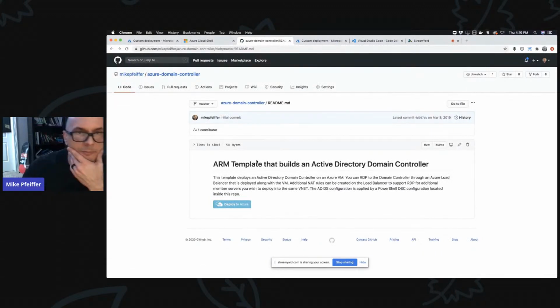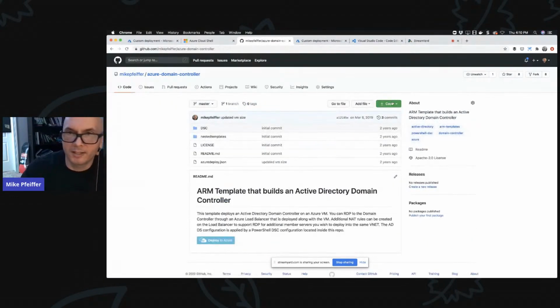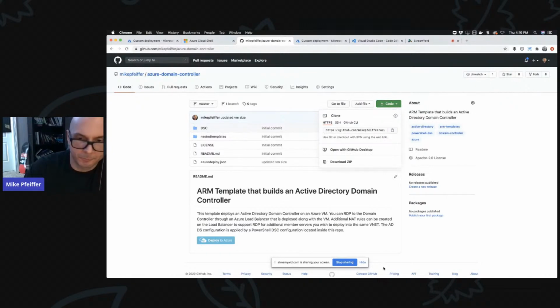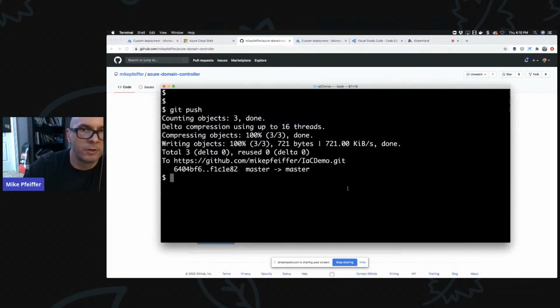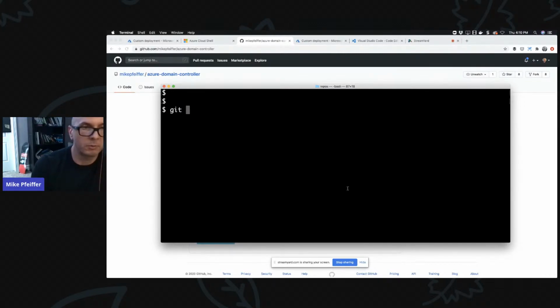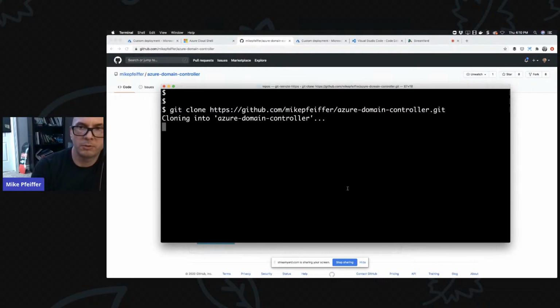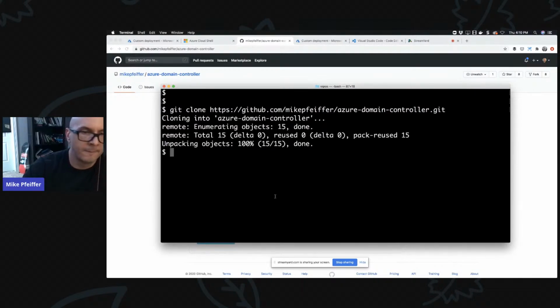So that's kind of the idea. So that's cool, right? Let me clone this repo. We'll show you one last thing, and then we'll open it up for Q&A. Going a little bit over time here. Let me do this. CD back out to the root of that repos folder. We'll clone this one. I just want to show you what a full-blown template might look like. CD into domain controller.